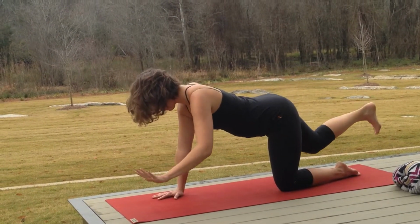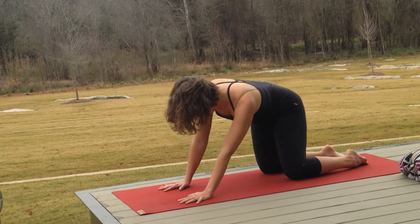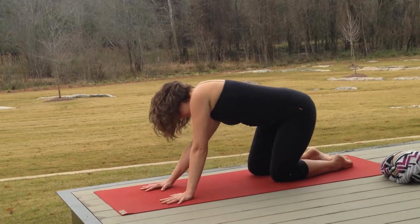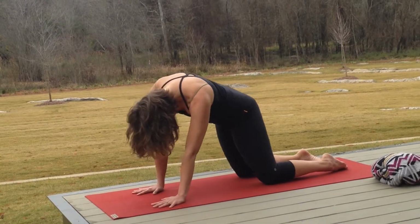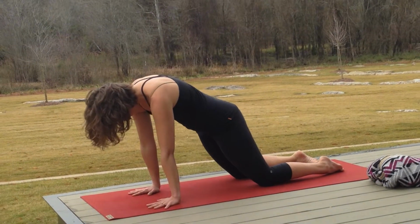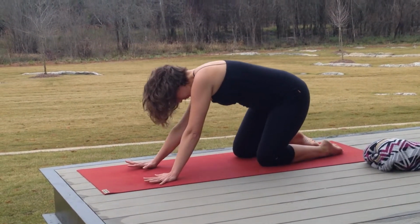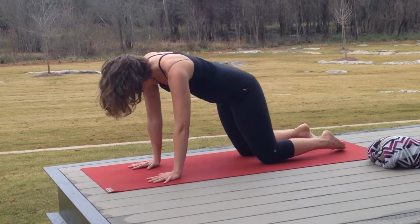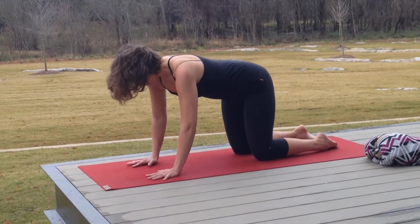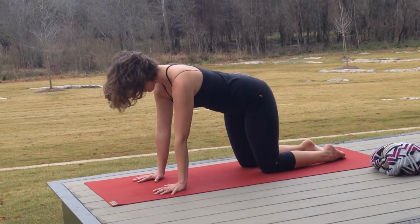With an exhale, returning hands and knees to the earth and taking some hip circles over to the right side. So we're balancing here as well, not only the body, but the effort and the surrender. So we put forth lots of effort, and then we indulge in that release. When you're ready to come to the other side, steady once again, finding that equal balance, right side, left side,